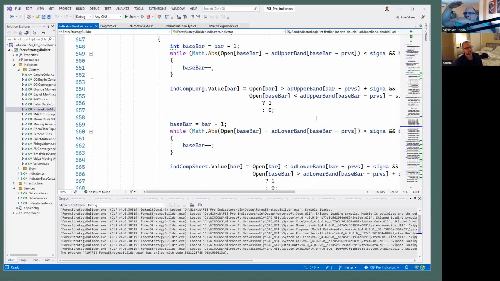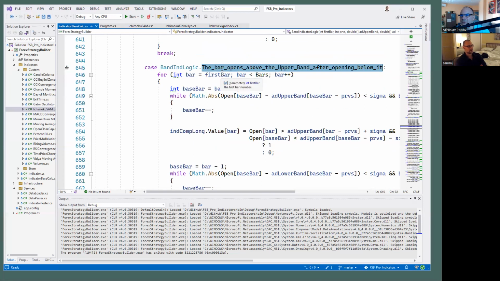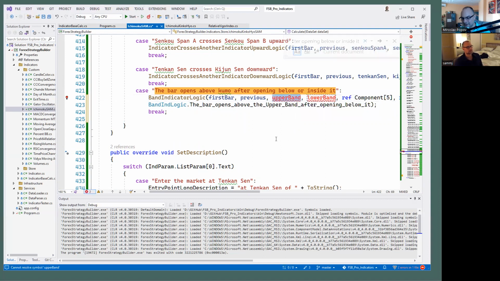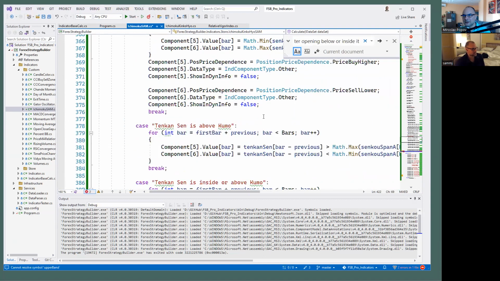To have upper band and lower band, this is what we have to do. So it needs a custom thing. Yeah, I was hoping I could modify it, but the problem was that it swapped. The logic is correct here, but we have to provide here this span A, span B. We have to provide upper band and lower band. That's exactly it. And so it's not going to get done here. It's going to get done, probably here,